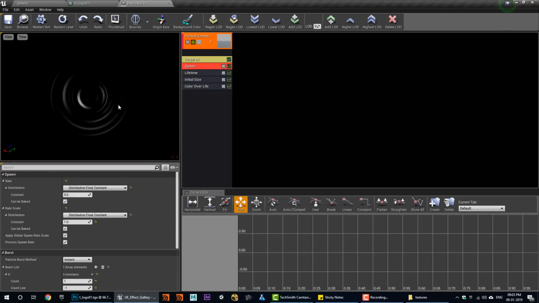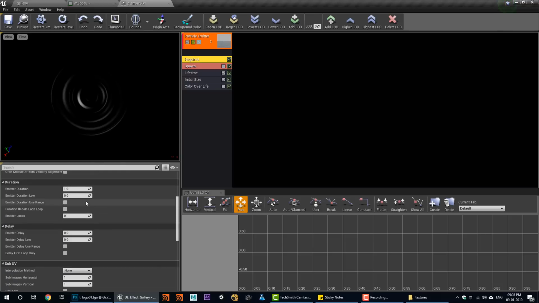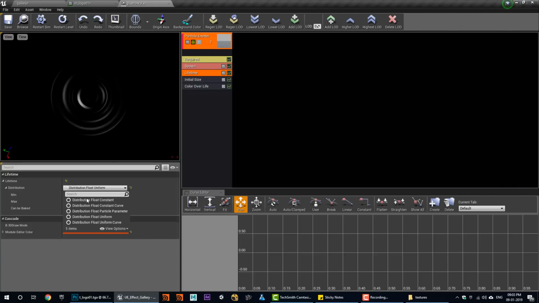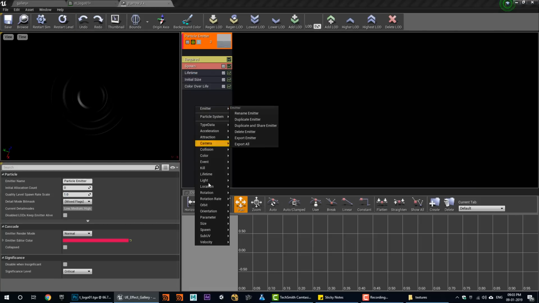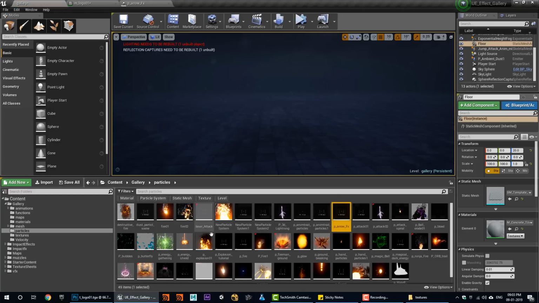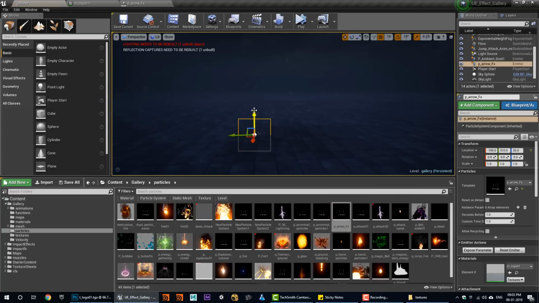I don't want spawning continuously, and emitter loops 1, life maybe 5, and if I check my particle in viewport, it will look something like this,